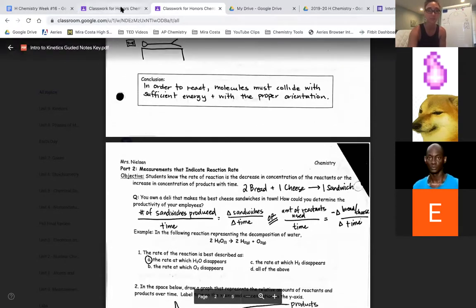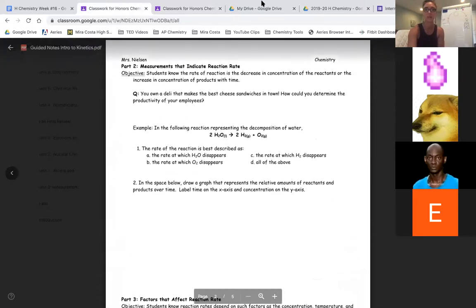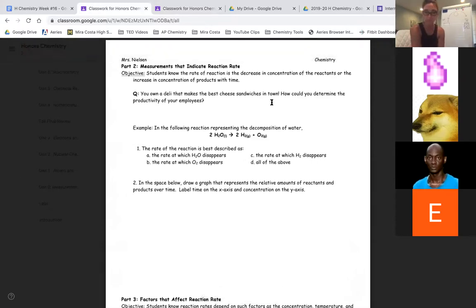Perfect. All right, moving on then to measurements that indicate reaction rate. So our objective here is that I want you to know that the rate of a reaction is the decrease in concentration of reactants or the increase in concentration of products with time. Okay, so the way that I like to explain this is I want to describe to you,